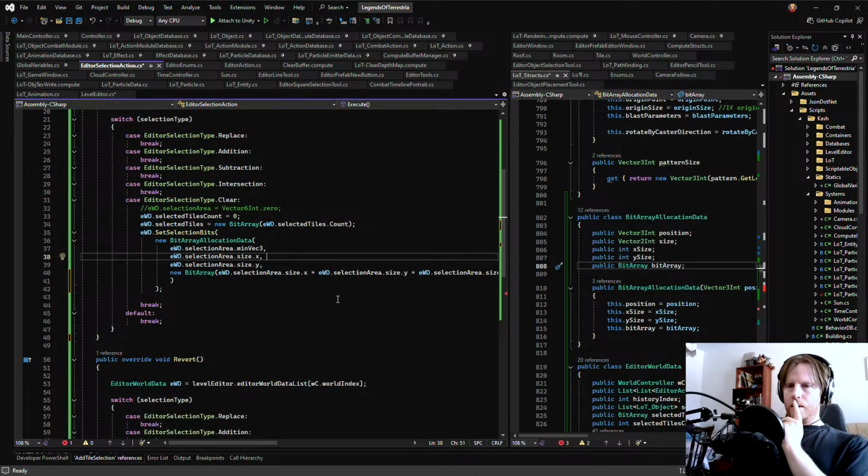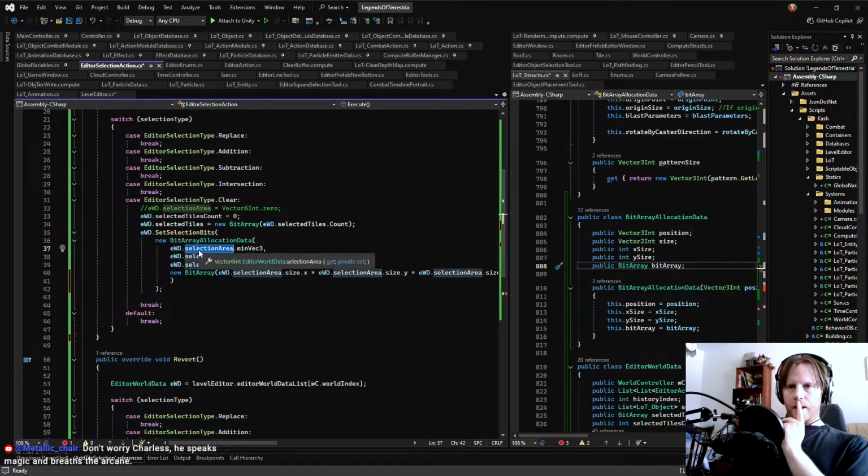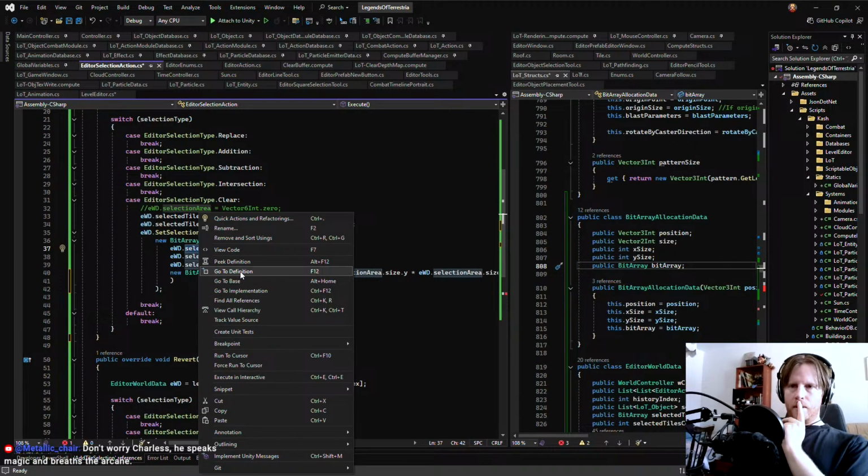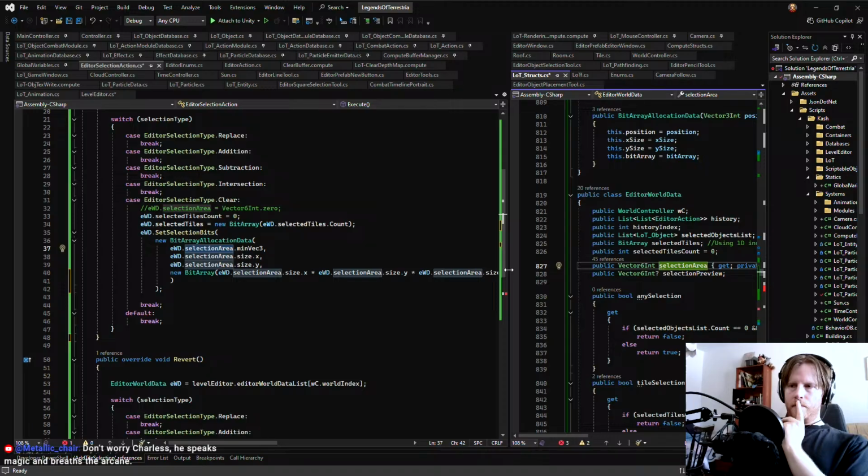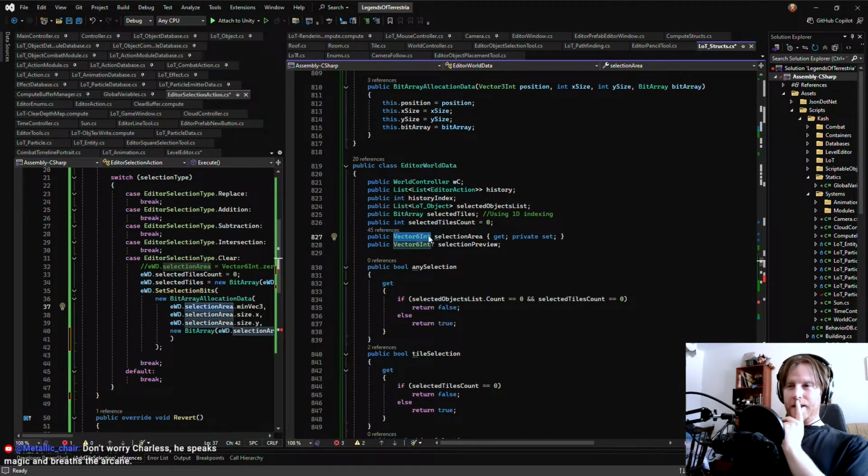But I have a selection area vector6int struct, which is basically a three-dimensional rect or rectangle, right?